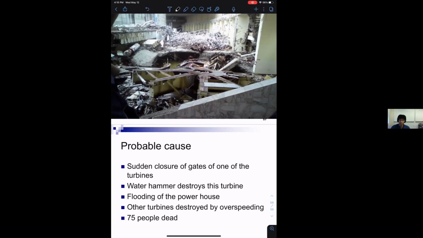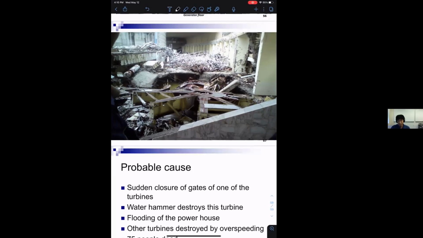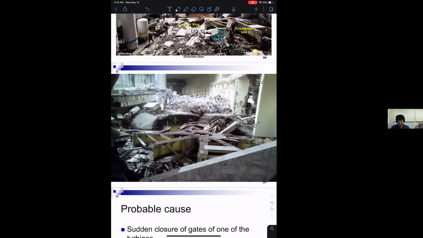And this is an example of a hydropower plant blowing up. Right. So whenever you have things of this size, there's a lot of control mechanism designed into it. So the control is very important. And this is an example of basically a software control that went wrong and destroyed the entire plant. Okay, so this is an example. All right, so keep this kind of picture in mind when we get to synchronous generators,